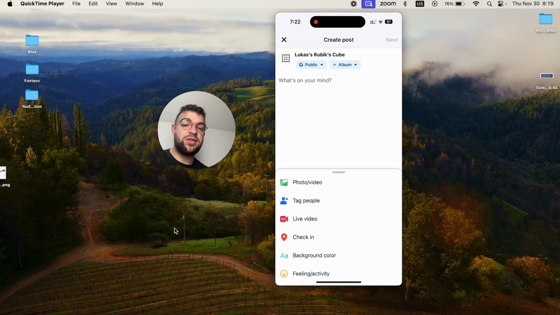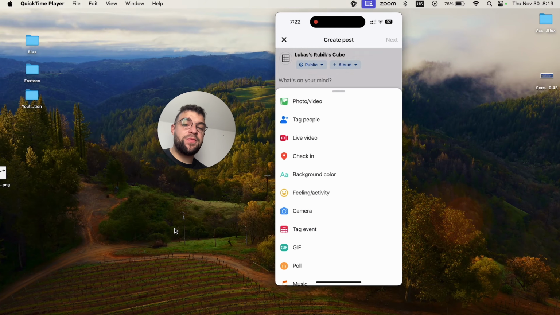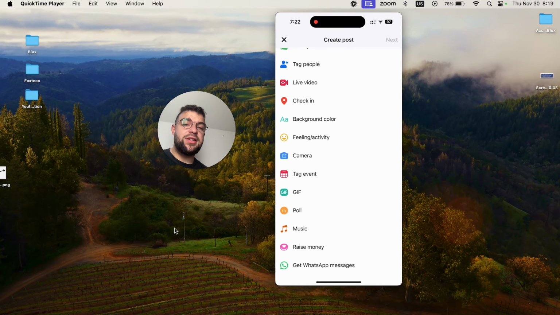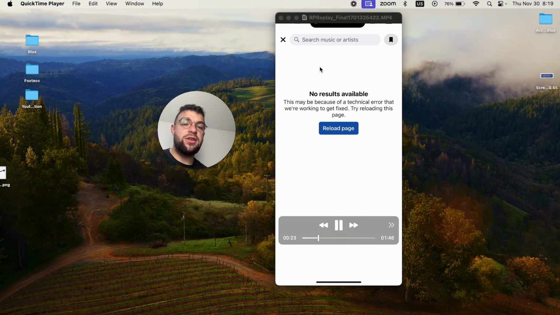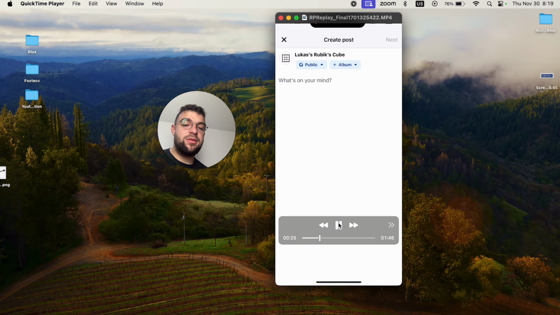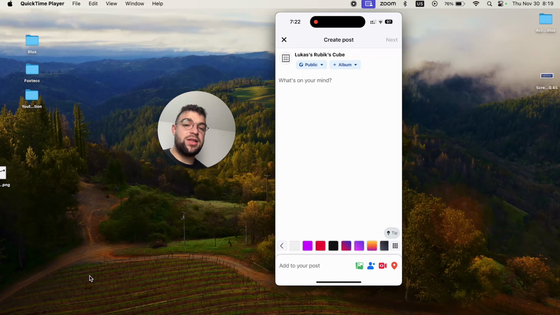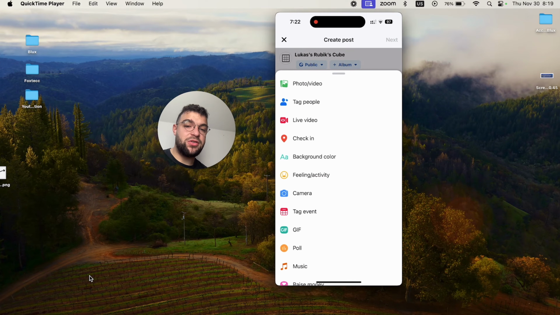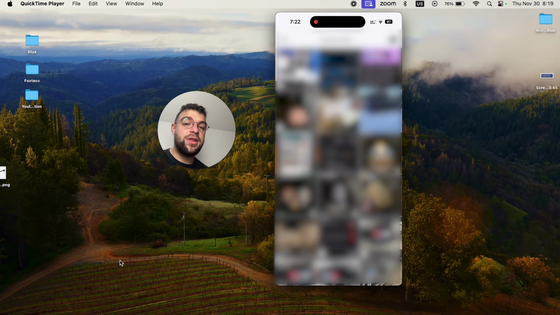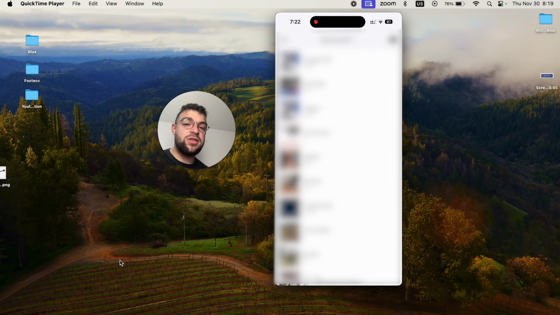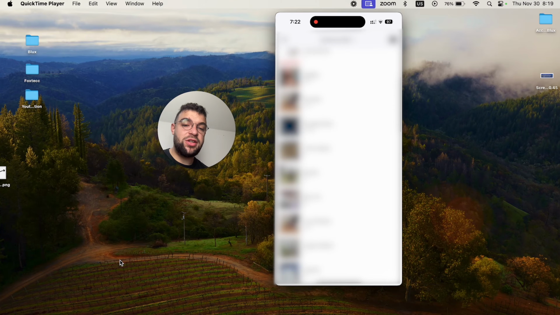So this is how it works, right? So this is what I'm going to do. I can access the photos and videos and stuff, so it really depends on what I want to do. Let's say that I just add an actual picture, right? So I'm just going to click in here and add a photo. Besides that, I can also tag people, do a live video, all the stuff that you're probably familiar with. However, at the bottom, you could notice that if I add a picture in here,